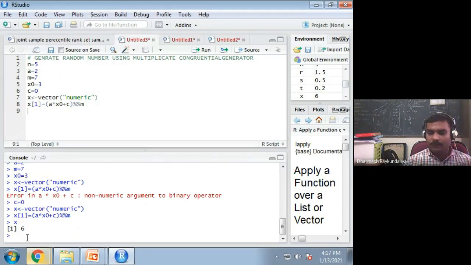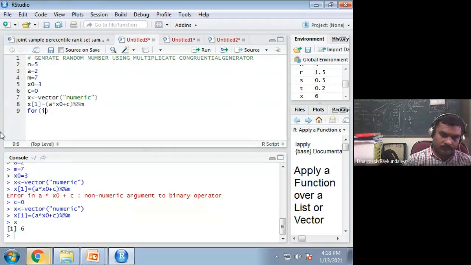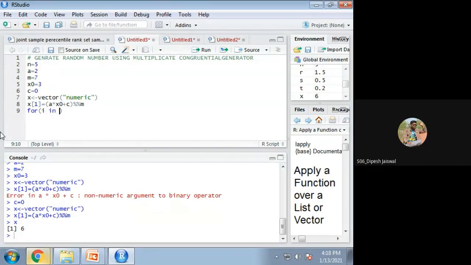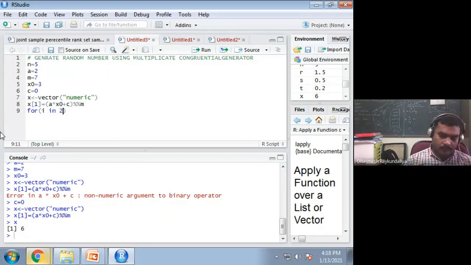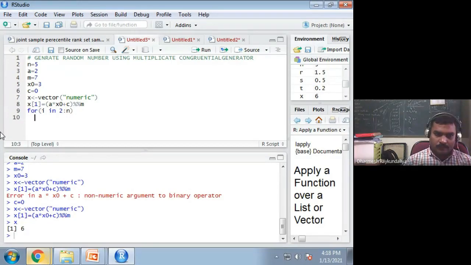The first random number is 6. But I wish to generate n random numbers, and n is 5. So how to generate? A for loop in i from 2 to n, because the first one is already generated. What is the formula?